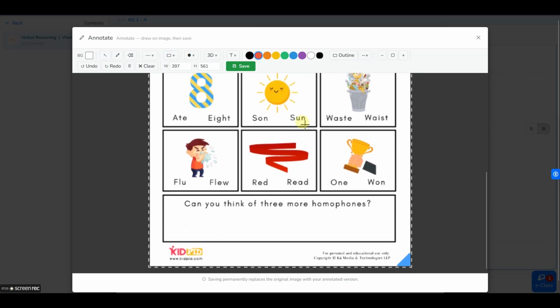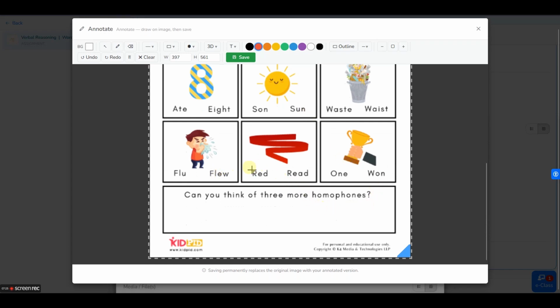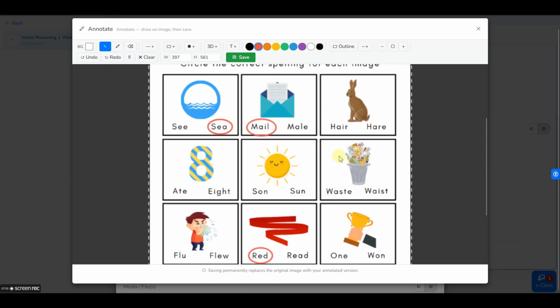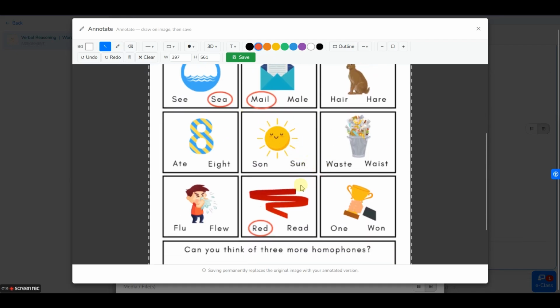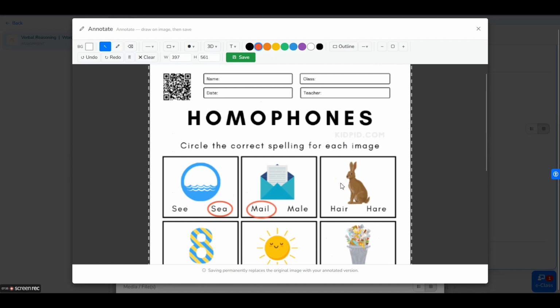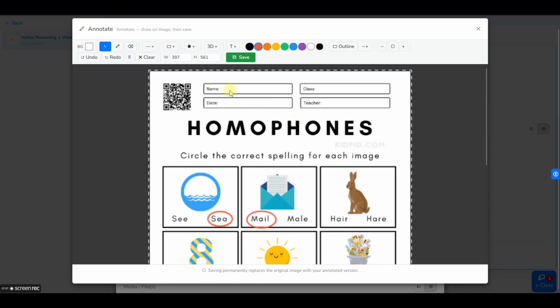Pick it up and circle red. And then I can circle everything. Once I'm done with circling all my answers, I can go ahead and maybe insert my name here and class